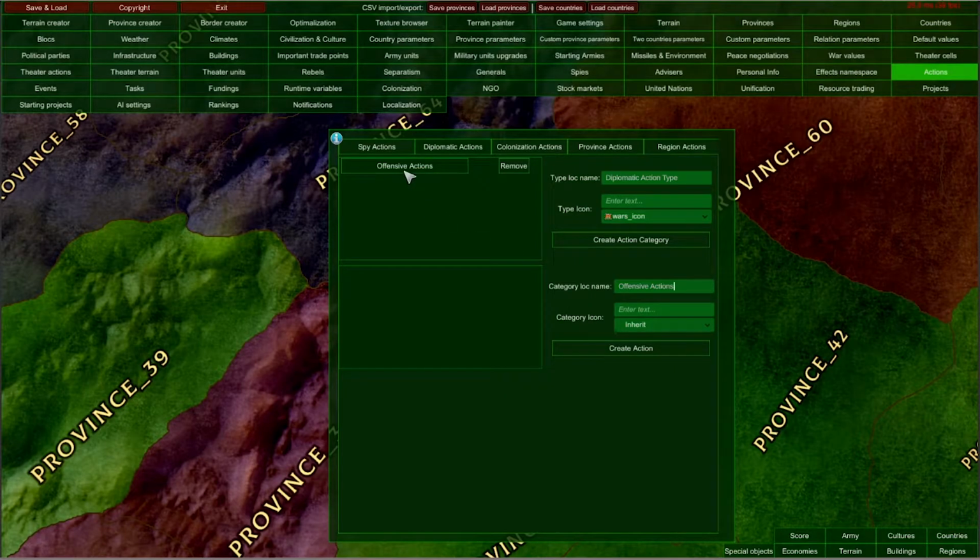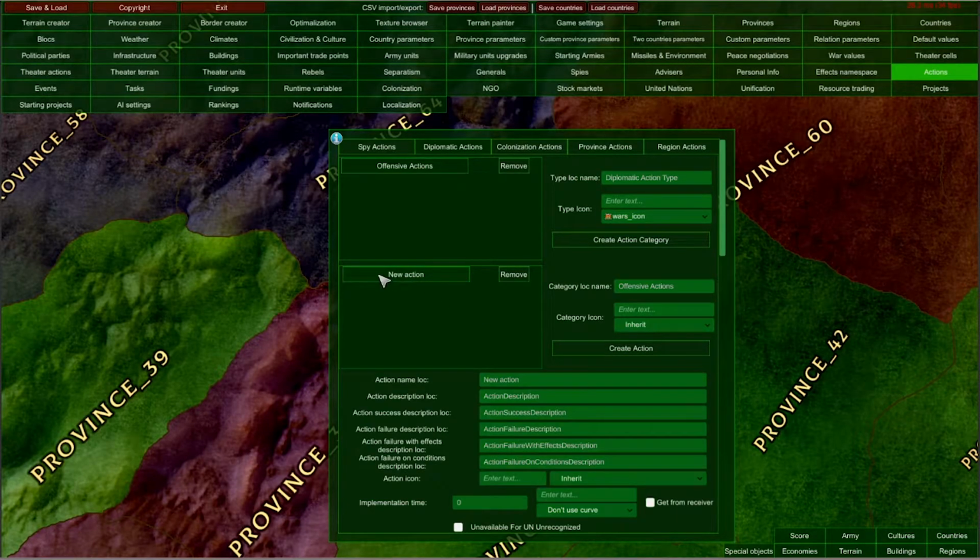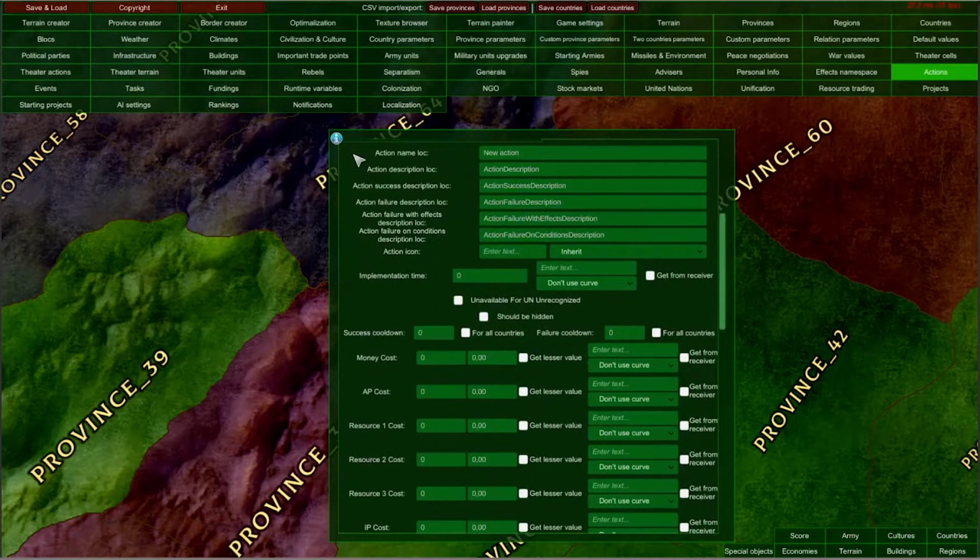Now, after selecting this category, I can click this button, Create Action. And now, after selecting it, I have this action setup here. There are a lot of details here, so let me scroll down to show you what we can set up in one action. First of all, we can set up the name of our action, so, declaration of war. We can also input the description of our action. And we can also set up here our custom description for success and 3 ways in which an action can fail. The first failure is just a standard failure.